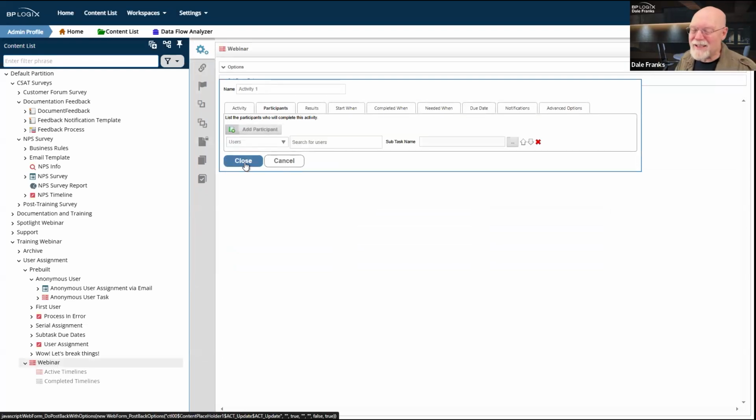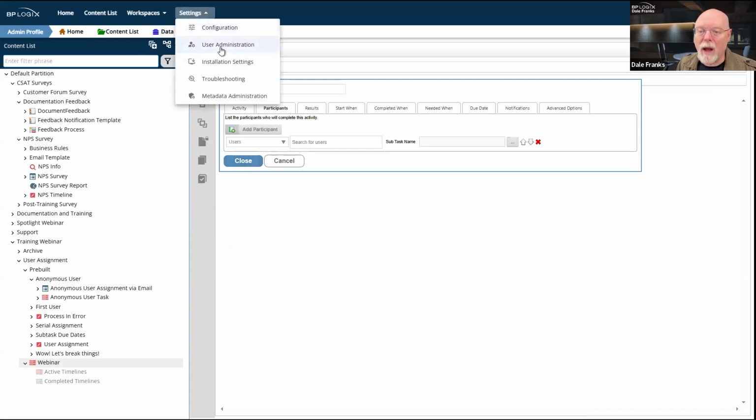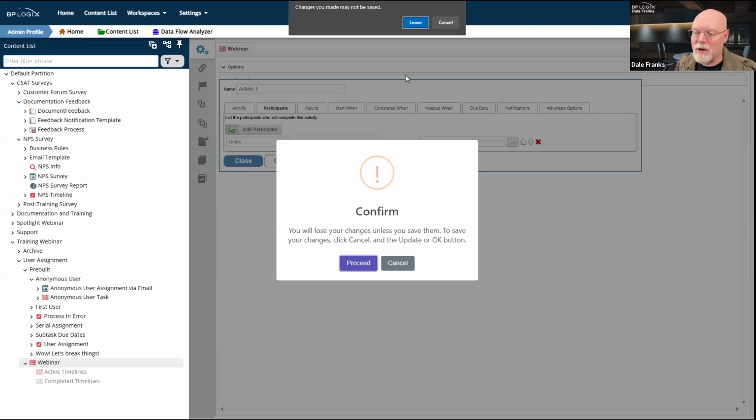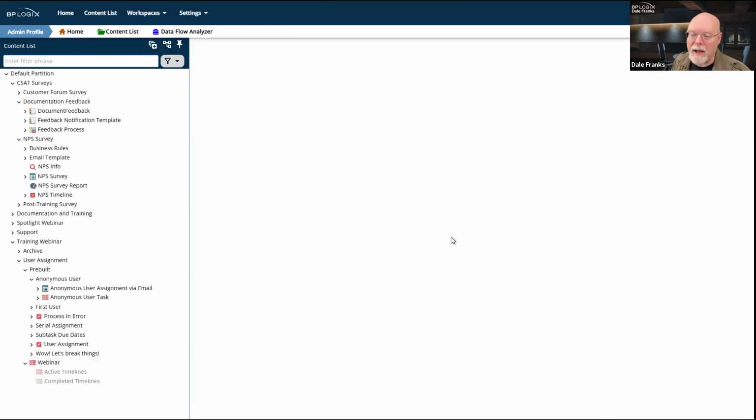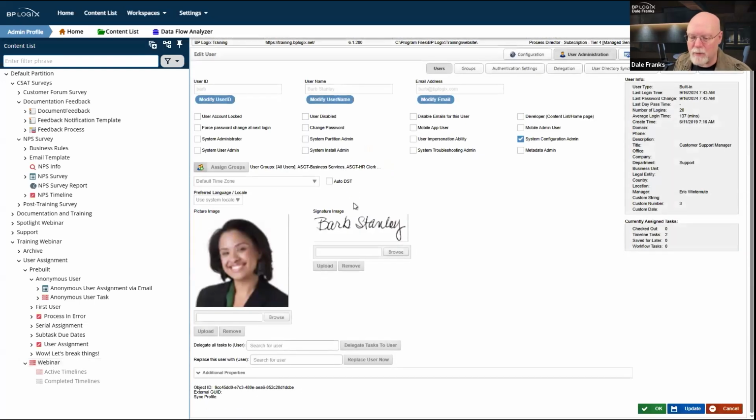That really is a burden on you as an administrator, because if you change that user, you've got a limited number of options for replacing them. If somebody leaves and they have a direct one-to-one replacement, then okay, you're probably fine, because you can go into user administration and you can open up that account. Let's say Barb has left the company and she's been replaced by Diana. I can go into her account, and that was the wrong one. This is the one I want, Diana.